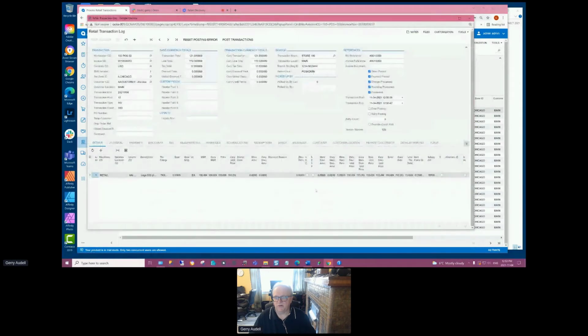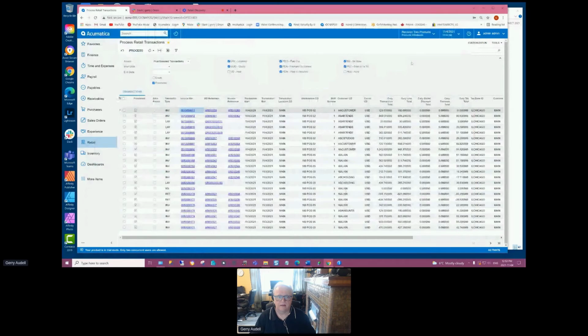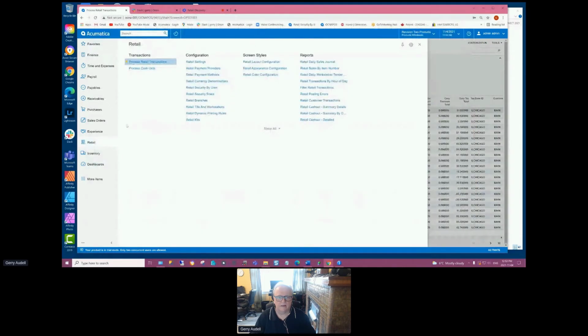The transactions that are brought into One Retail are a full recap of the transactions. And here is an example of a transaction. A lot of information is stored. Basically, 100% of the transaction detail is brought into Acumatica and is available for reporting. And if I go back out to the application itself,